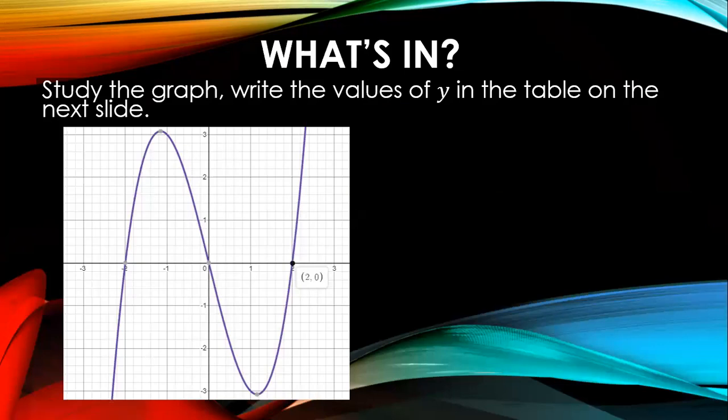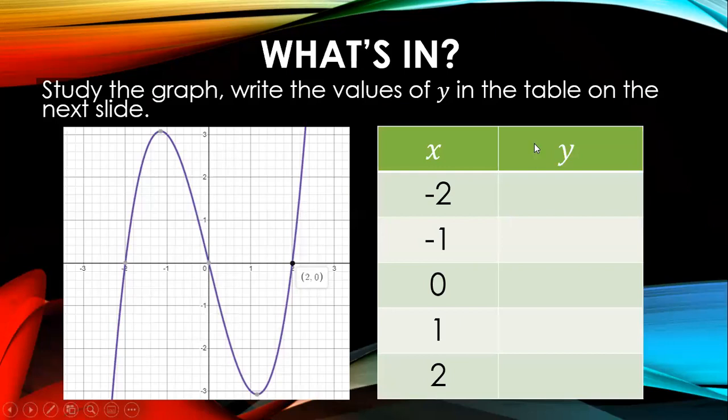Write the values of y in the table on the right. Okay, so for x is equal to -2, titingnan natin, nasan ba si x equal to -2? So ito po yun, no? Okay, so -2, ano ba yung corresponding y value niya? Yun po ay 0. Si -1, ano yung corresponding value ni -1? So, nasan si x is equal to -1? Tingin tayo sa graph. Here it is, -1. And then, ang value niya ay